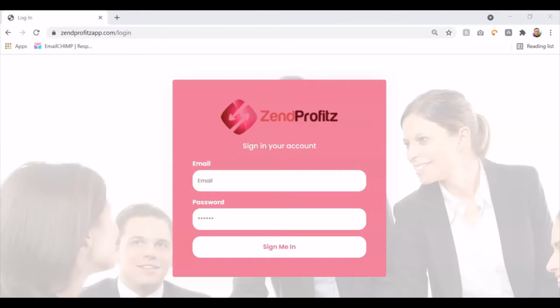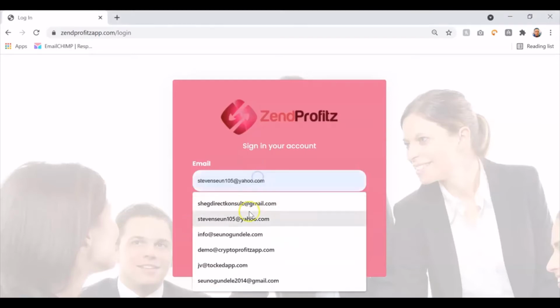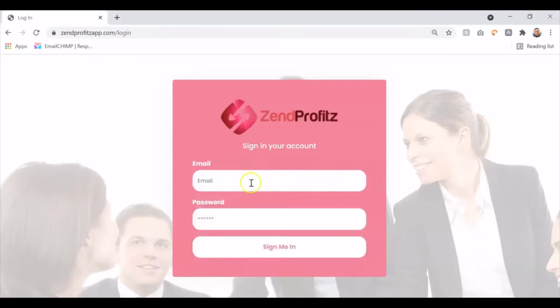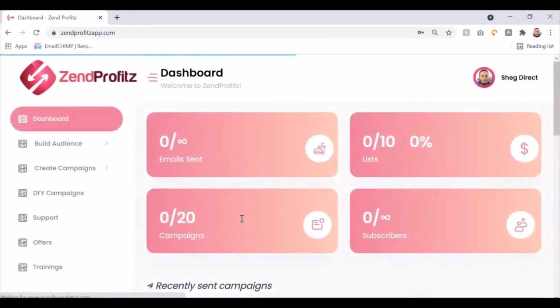So let me show you how this software works in simple steps. I'm going to log into my account now. Okay, so once you log into Zend Profitz, you have access to the dashboard. As you can see, the emails sent, the list, the subscribers, the campaigns, and on the menu we have build audience, create campaigns, done for you campaigns, support, offers,